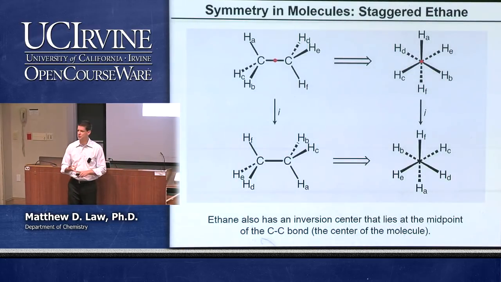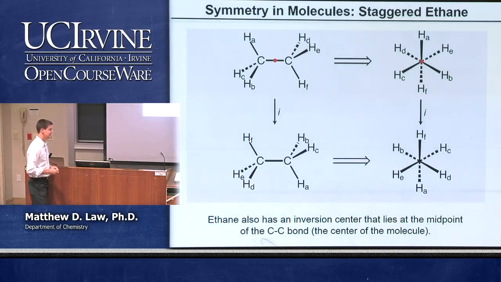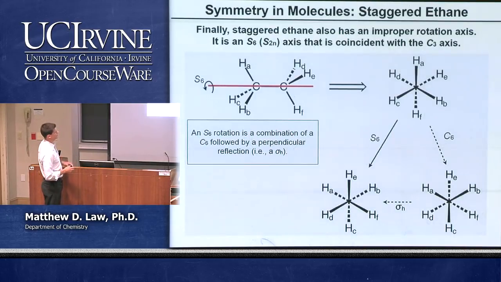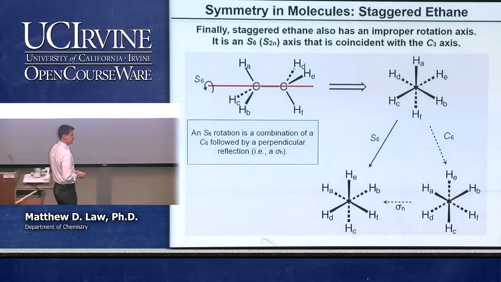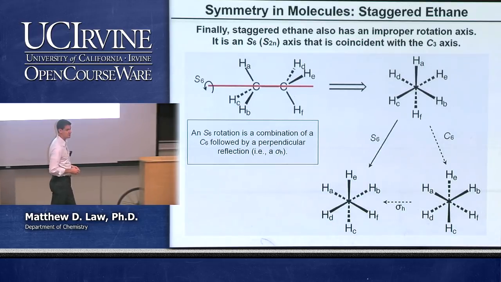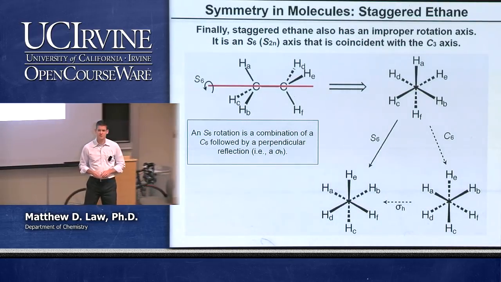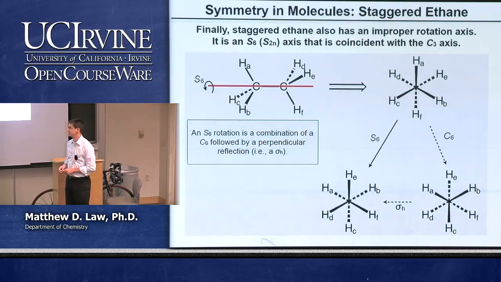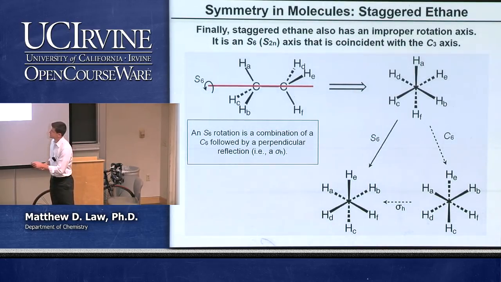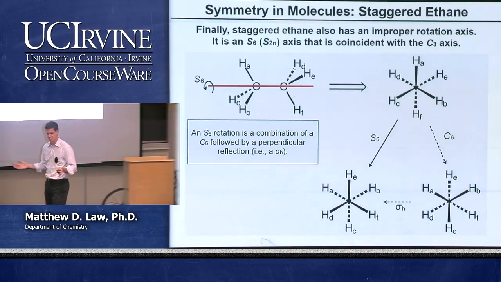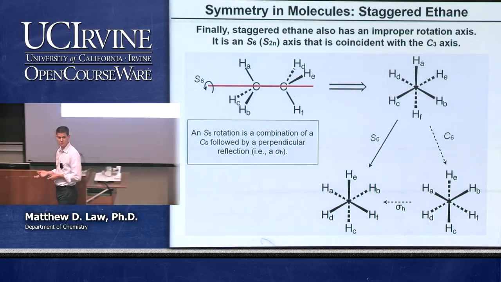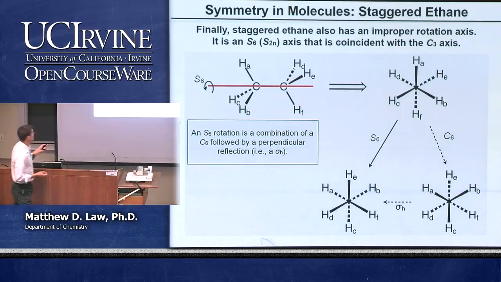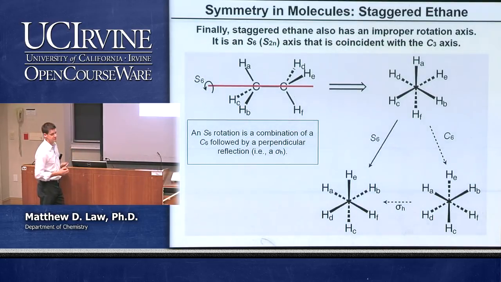The last symmetry operation class is the improper rotations. So let's look and see if we have any improper rotations. And Glenn alluded that we probably do have an improper rotation, or 2. And the improper rotations in this case are parallel with the C3 principal axis, and they are the S6 improper rotations. So remember what S6 means. Well, first of all, let's remember what an improper rotation is, right? Improper rotation is a rotation followed by a reflection perpendicular to the rotational axis. Okay? And S6 means that we do a C6 and then we do a perpendicular reflection.